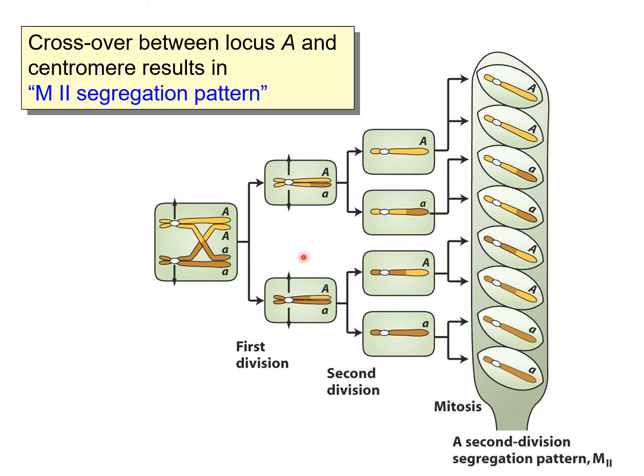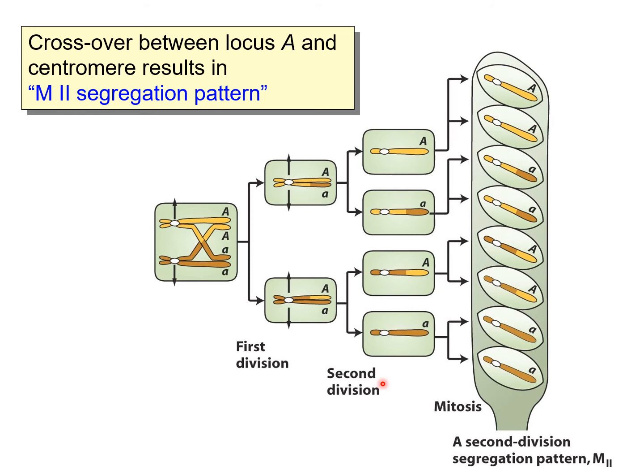Now the first meiotic division is followed by the second meiotic division. What happens in the second meiotic division? The sister chromatids get segregated from each other. That is, this centromere, the point where two sister chromatids are linked with each other, divides and the sister chromatids get segregated from each other, and because of this the capital A now gets segregated from the small a. Similarly this capital A gets segregated from the small a. Now it becomes clear that here the alleles get segregated from each other at the end of the second division.